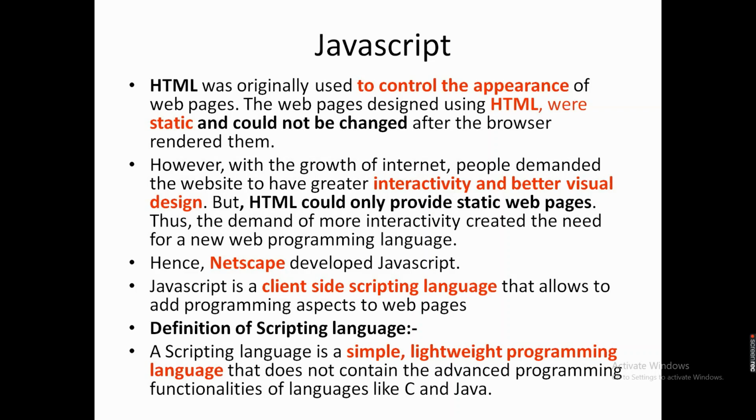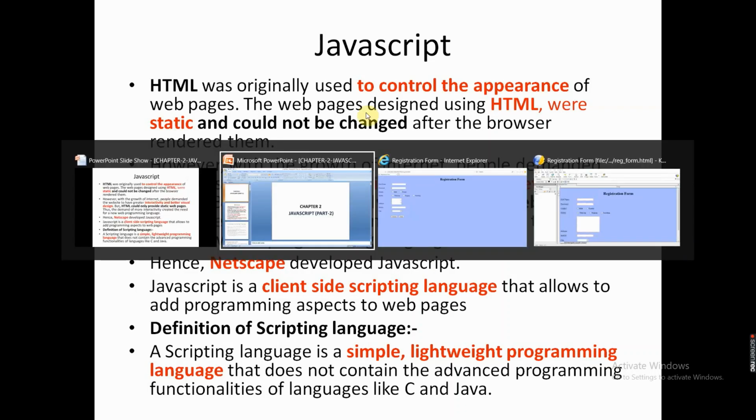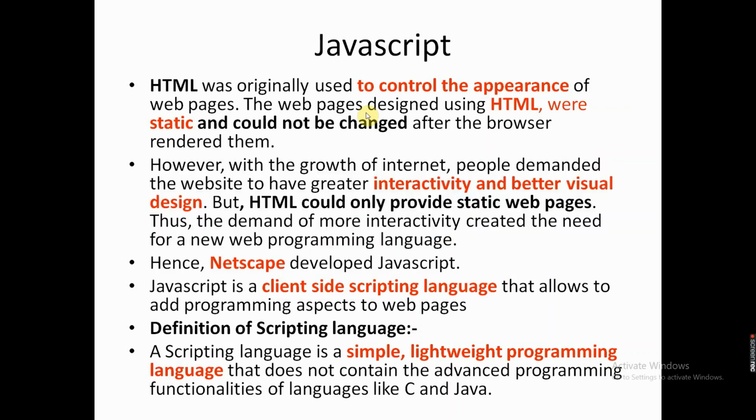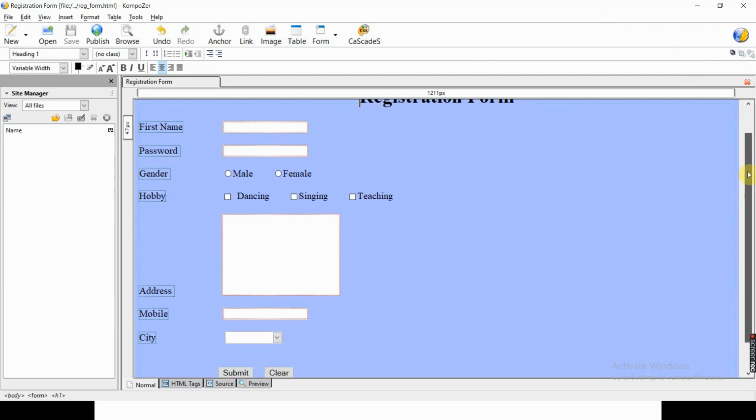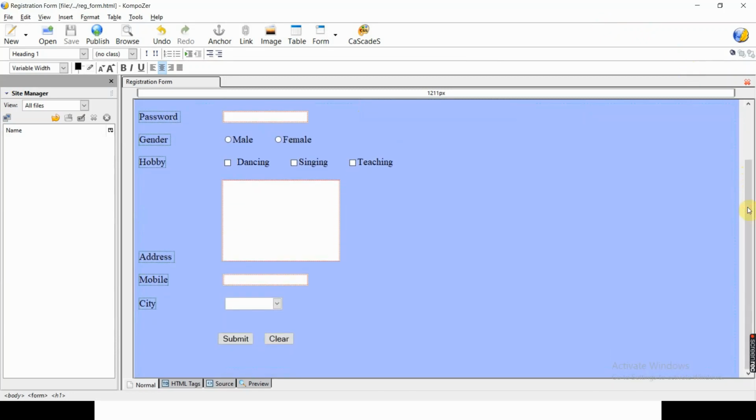Now let's quickly go through our practical section wherein I will be covering theory side by side. Open Composer. Now first we have to decide the event. What is an event? When there is an interaction between the user and the web page, that results in some event. In other words, we can say when the user does something, an event takes place.